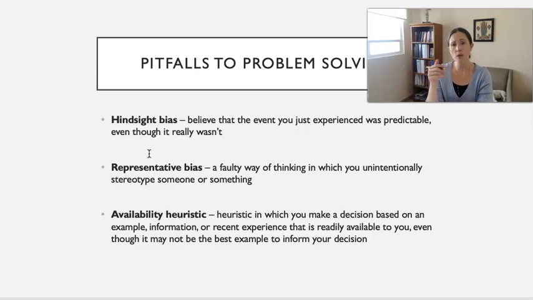Availability heuristic is when you make a decision based on an example or information. What's most available in your memory is the way I think about it. And even if that's not the most common. How easy is it for something to come to mind? That is how you decide how common it is. For example, oh gosh, what's a good example of this? When